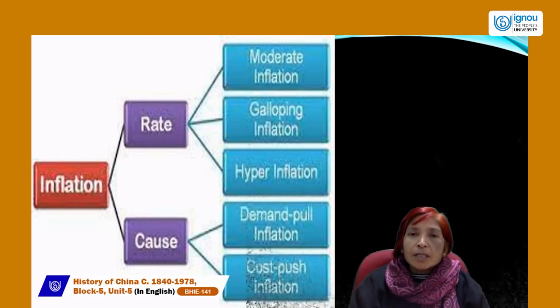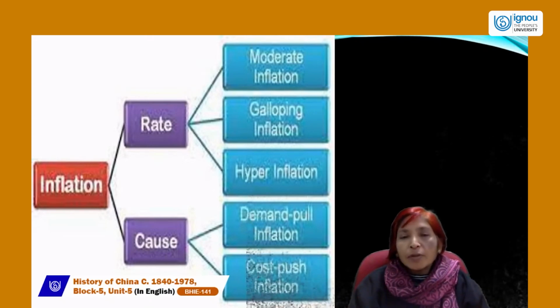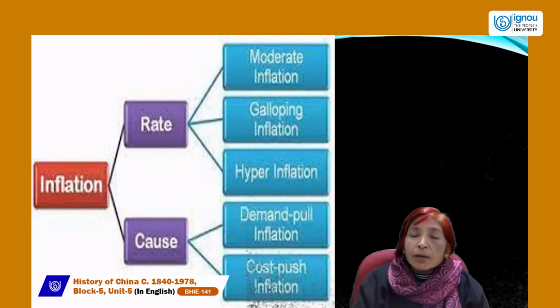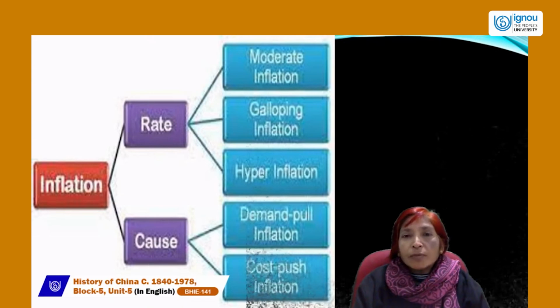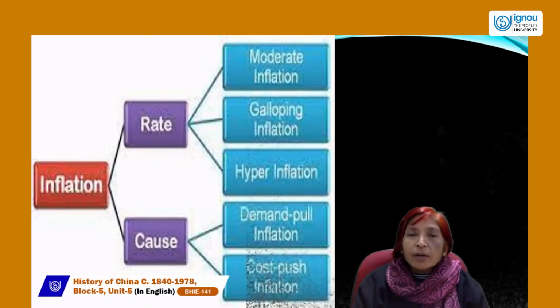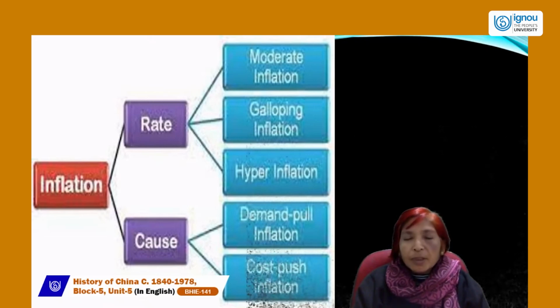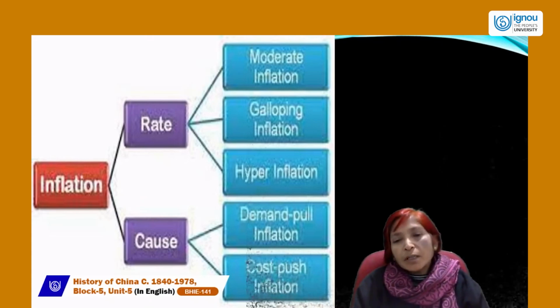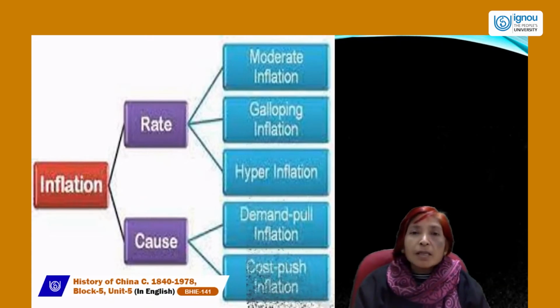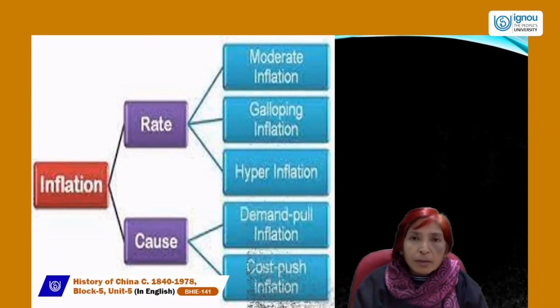And if the inflation rate lies between 5% to 7%, that is moderate inflation, or below 10%. But if the inflation rate lies between 10 to 15% or 17%, if the inflation rate is in two digits, that is called galloping inflation. And hyperinflation is a situation when price increases by 100% or by 200% or at a very fast rate,